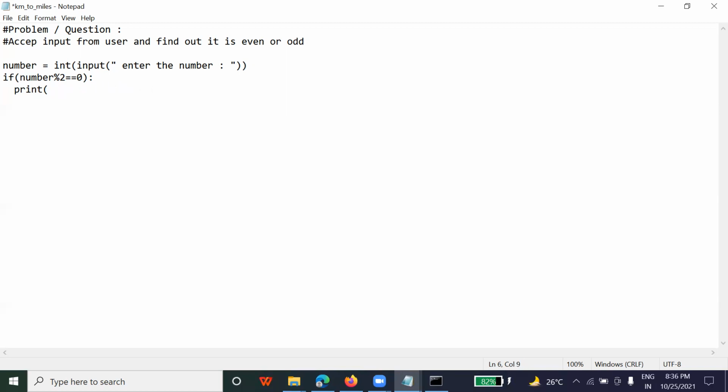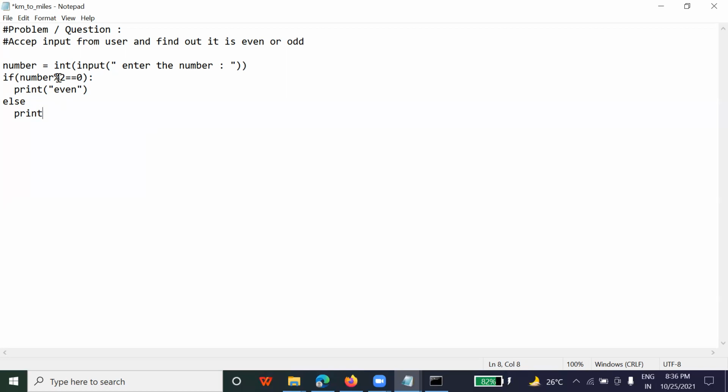Okay, let me print it in simple. There is double equal in the if: number divided by 2. Is there the division sign or the percentage?